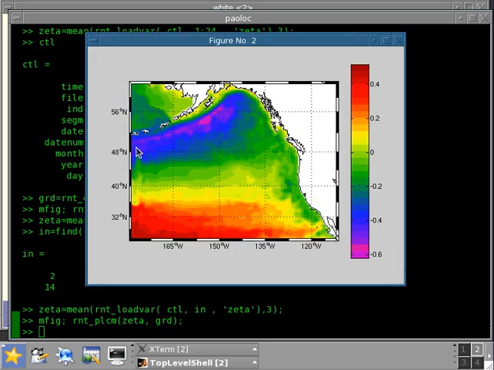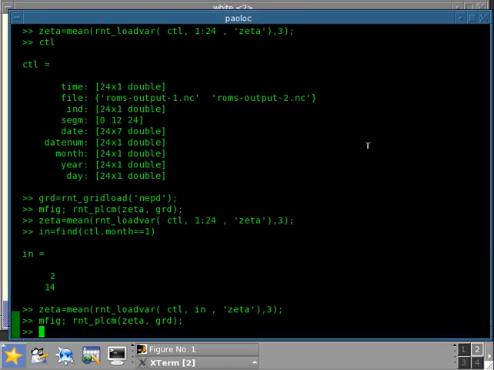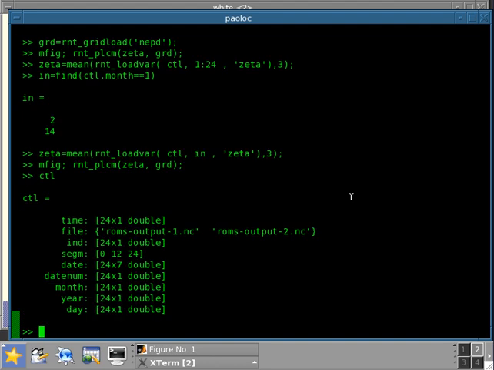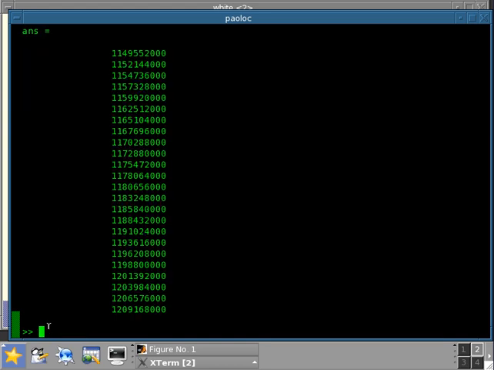Of course, these are only 2 records, but plausibly you could have a whole bunch of records. If you don't know which calendar you're using, which could be the case, all you need to know is that the CTL array carries the actual time that was stored in the model in this field here, the CTL.time. This is basically the time that is in the ocean model. So you can always use directly the time that is stored there